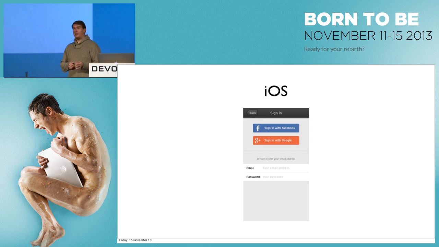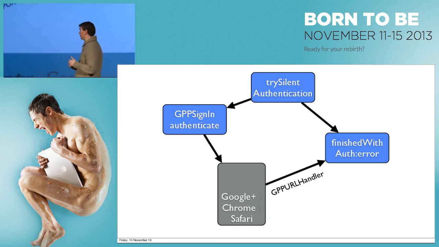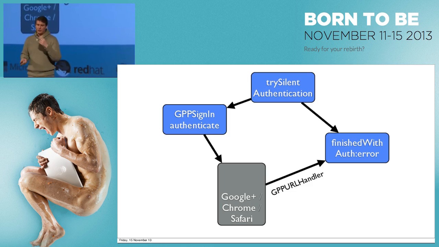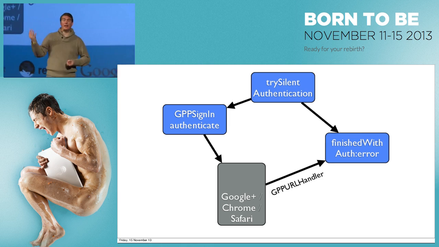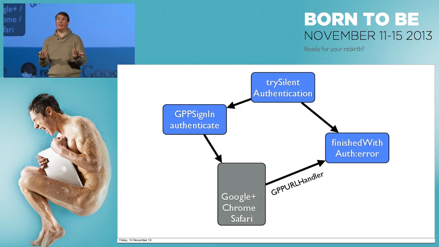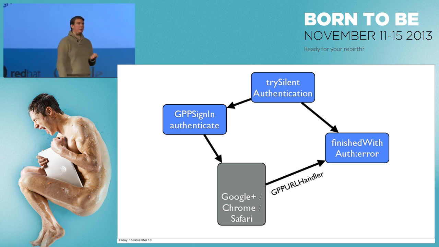iOS. On iOS, we've got broadly the same flow. But it's simplified for us as developers because a lot of it actually happens somewhere else. So on iOS, we always start with a thing called trySilentAuthentication. And just like the Plus Client connect, we want to do this everywhere. This is the check: have we already authenticated on this device? And if we have, then we're going to get a callback, finishedWithAuth:error:, and the error will be nil. We know that we're good to go. If we haven't, then it's going to return false, or we'll get a callback to finishedWithAuth:error: and error won't be nil. And at that point, we want to display a button.